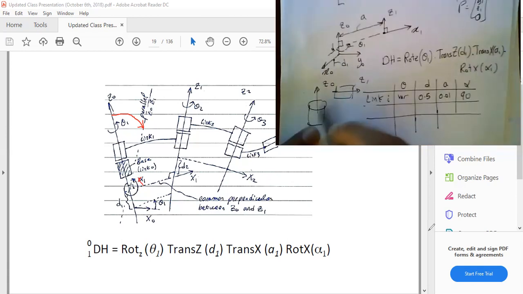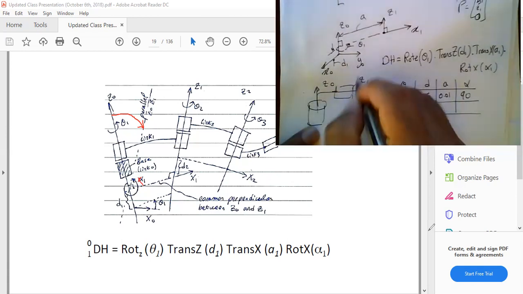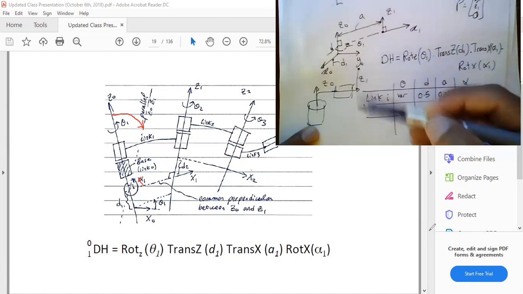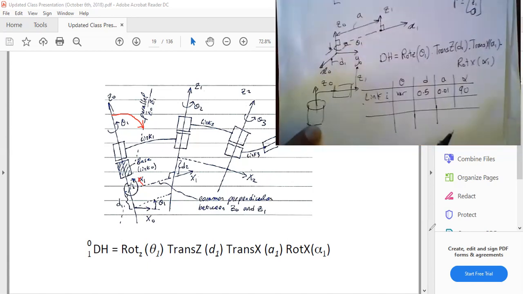So if this is like that, and then this is like that, this robot is rotating like that, and it's spinning this one like this. So here, this one is doing that. We're going to do a few examples on that, and I think you will get the hang of it very quickly. But remember,